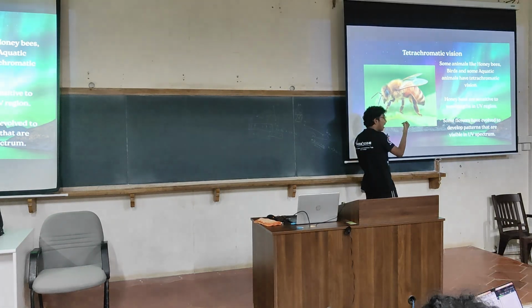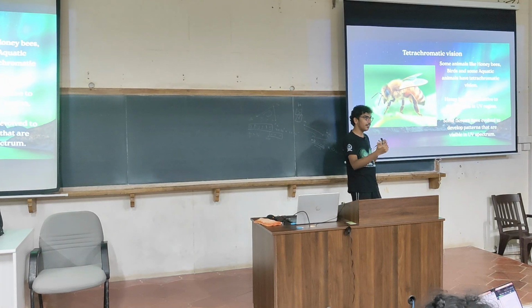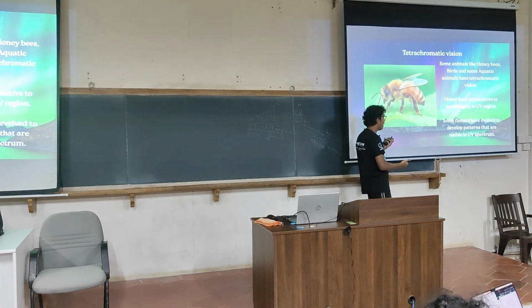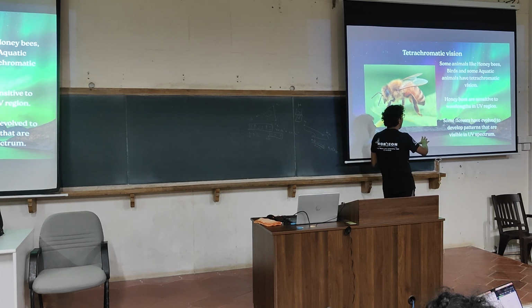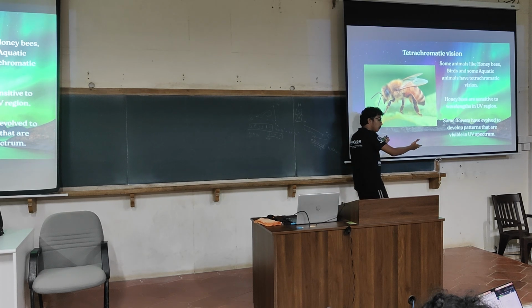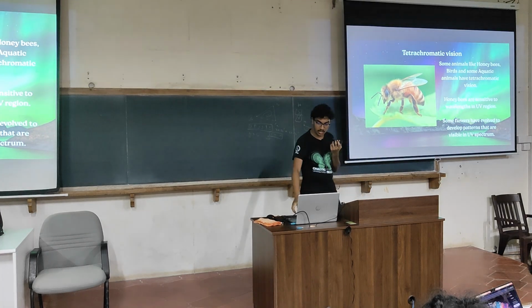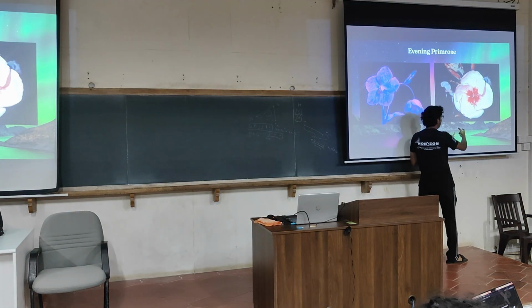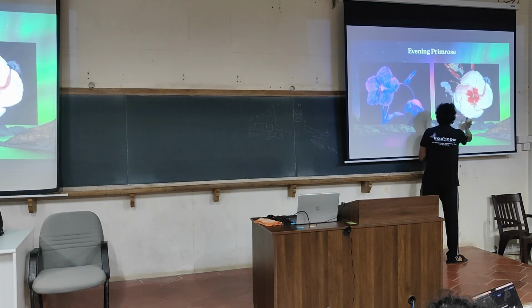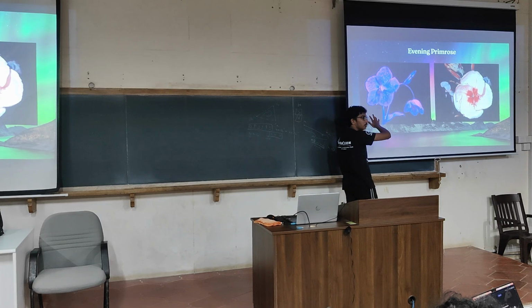So honeybees can see ultraviolet, blue, blue-green and yellow. They can't see red. Red appears black for them. So as honeybees slowly gained the ability to see ultraviolet, some flowers have evolved in a counteracting way to have pigments that are only seen in the ultraviolet colors but not in visible light. For example, if you see evening primrose, this is how it looks under visible light, and under ultraviolet light you will be able to see some special patterns. These are specifically for the bees to spot them.